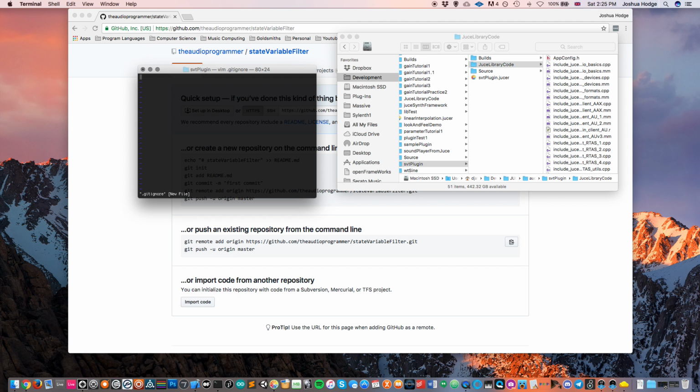So you don't really have to worry about the specifics of it. I would just say follow what I'm doing, and as you go, learn why you're doing it. What I'm going to do is press I, the letter I, on my keyboard. That's insert. Then I'm just going to put the names of the folders that I want to ignore. So I've got builds, and make sure you put a slash afterwards, and then juice library code